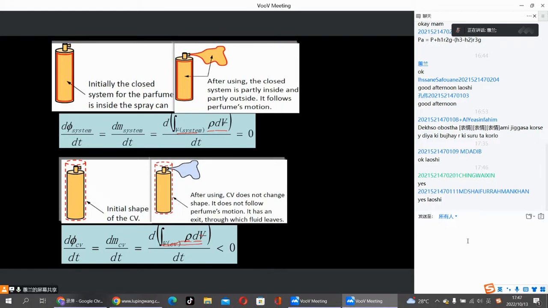It will be easier. You see here, for this spray can, we will say the mass of the system will not change with time, right? This one is easy to follow. Mass is conserved for the system. We always say mass cannot be produced, cannot be reduced without reason. So for the system, the mass is conserved. However,